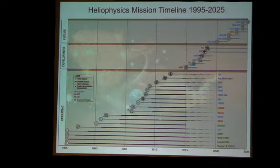fortune in your career, and I hope that this mission becomes a big part of it. And in 30 years, maybe you can say, I started with MMS, and that was